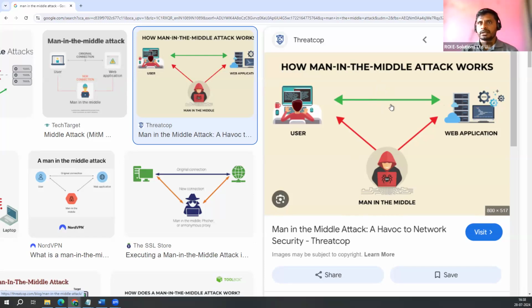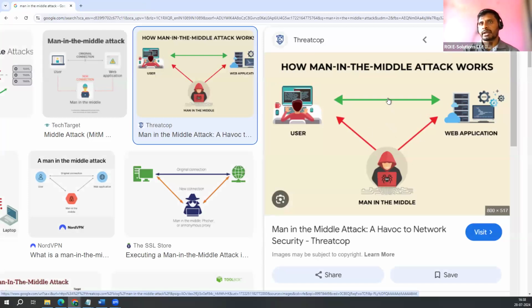Means with the help of the internet, he will try to get my request, try to modify that request, and then the request is sent to the server, right? When a server sends some data through the internet, the interceptor, I mean the attacker, will try to intercept that packet, that data, and then he modifies it. He deletes some data, tries to do something else, and then sends the data to me. Means the data which I want is not exactly the same as what was sent from the server,